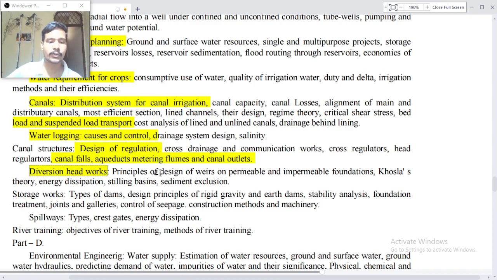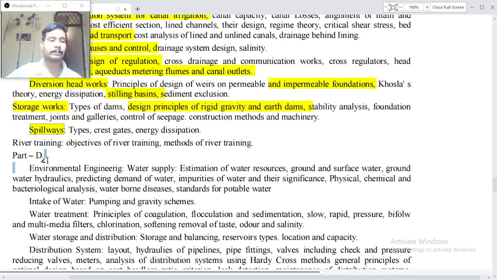Diversion headworks: principle of design of weirs on permeable and impermeable foundations, Khosla's theory, energy dissipation, stilling basins, and sediment exclusion. Storage works: types of dams, design principles of rigid gravity and earth dams, stability analysis, foundation treatment, joints and galleries, control of seepage, construction methods and machinery, spillway types, crest gates, energy dissipation, river training, objectives of river training and methods of river training. Now Part D,